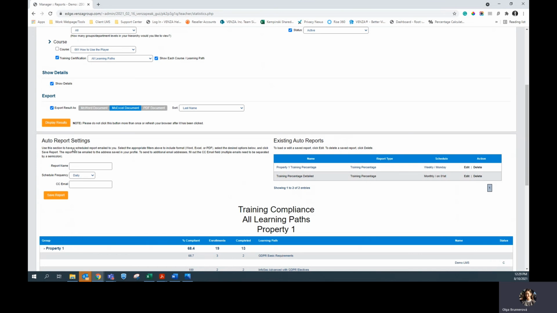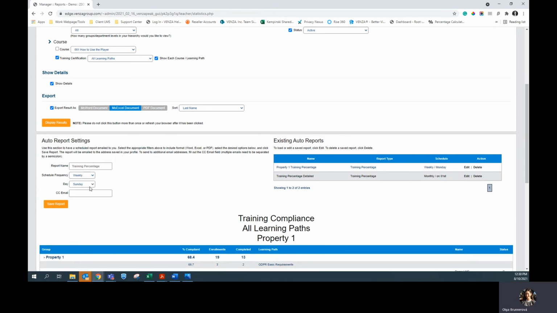You can also save the report, which will display it here in this section, and it will also deliver the report on your desired frequency to your email. So for example, I would like to receive this report every week on Monday. Once I click on save, that will move the report over here,